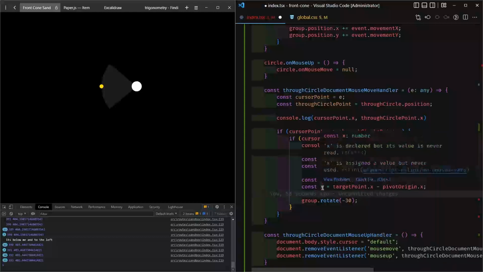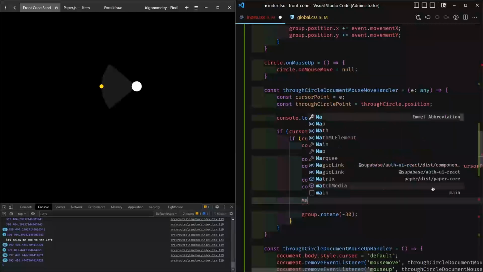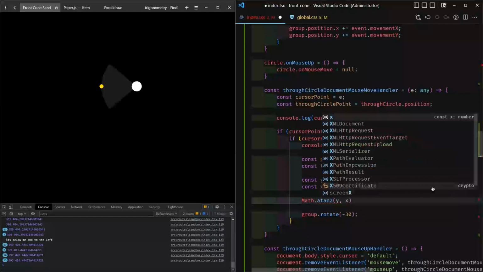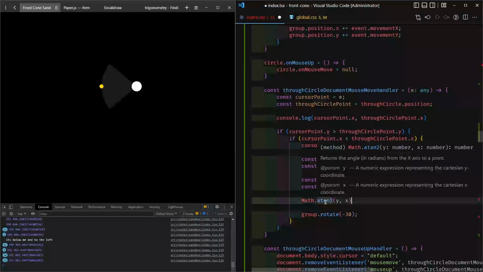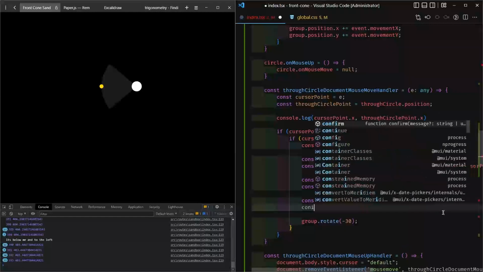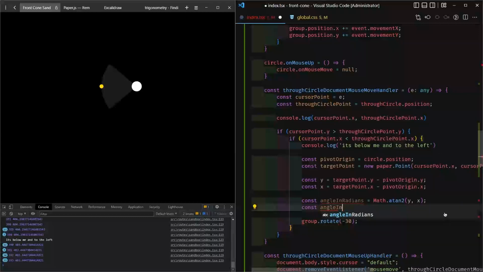So with this y and x that are numbers, let's come in here and do math.atan2 with y, x, and it returns the angle in radians. Okay, so const angle in radians equals that. And from radians to degrees, just do angle in degrees equals angle in radians times